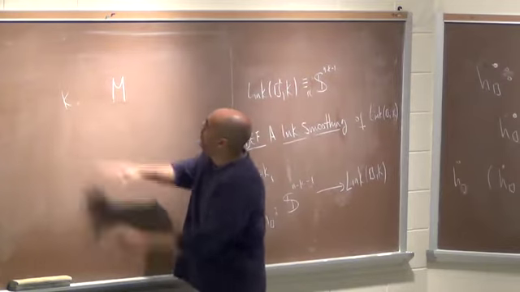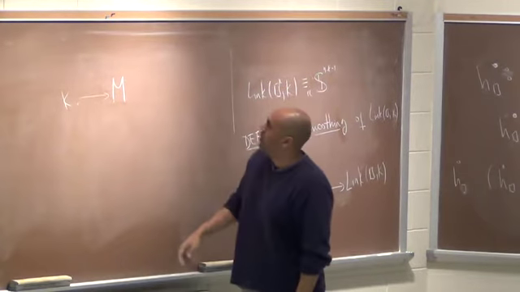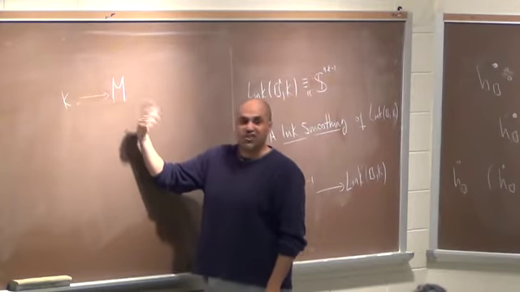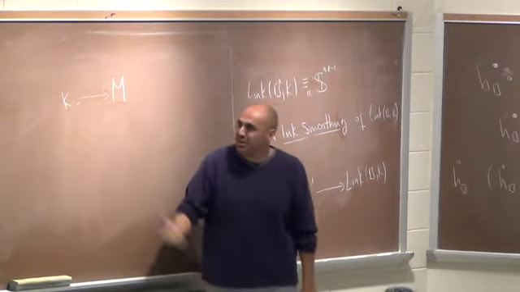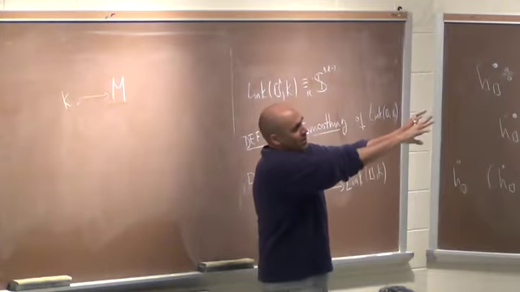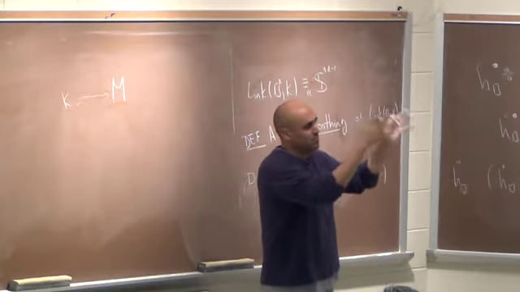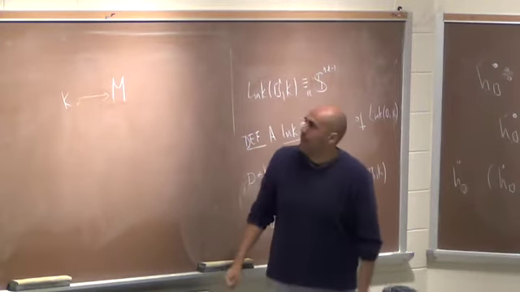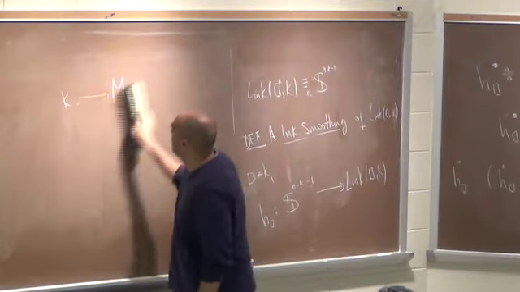Anyway, so in general it's not, but then can I change it? Can I at least find one? I mean, I really don't care. I just want an atlas that is like that because then I can do the process chart by chart, case by case. And then the theorem says that